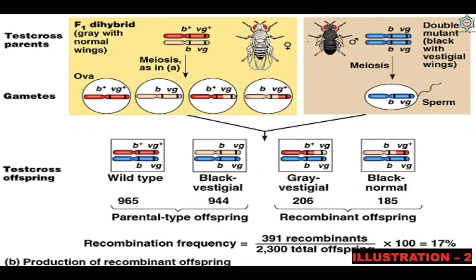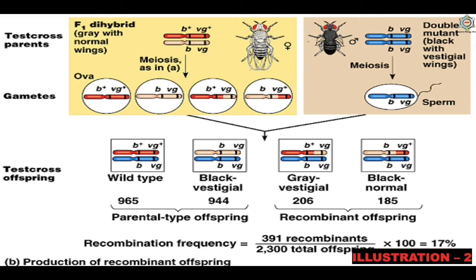So here the double recessive parent forms only one type of gamete, and each has the same chromosomes, that is small b, small v, small g. So here the progeny includes two parental type offspring and two recombinant offspring, and both are 50-50%. So, the result is the outcome of the segregation and independent assortment of the chromosomes bearing the alleles of the two genes during gamete formation.